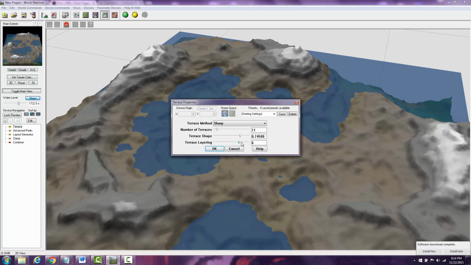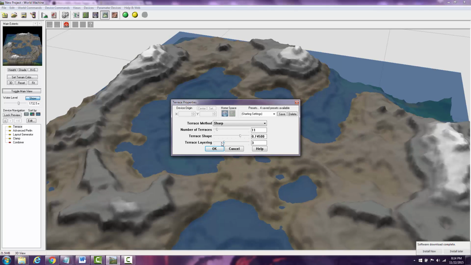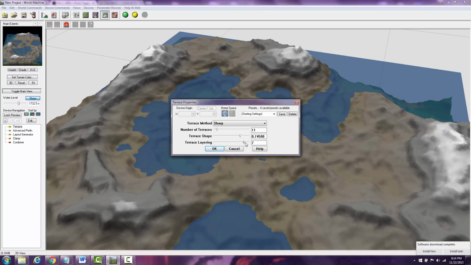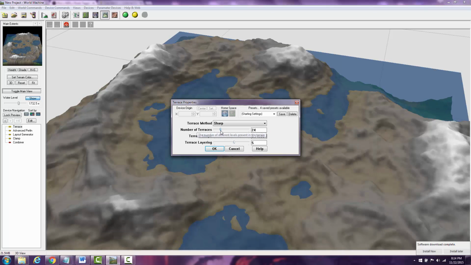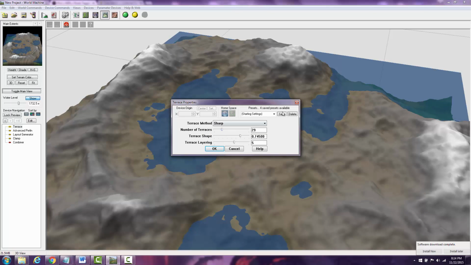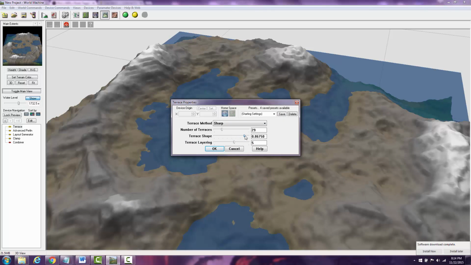Terrace. This is about how many terraces we can have. Okay. Well, we want a lot of terraces. Let's add a bunch of terraces. Cool. 24 terraces? Let's do 29 terraces. And then let's make the shape kind of